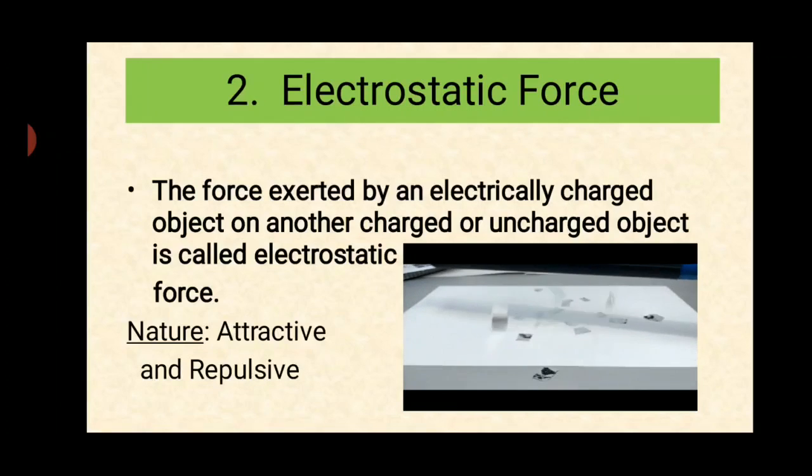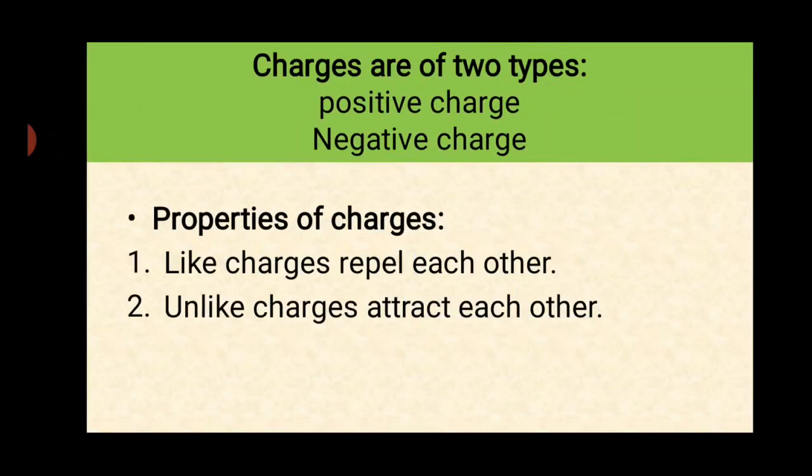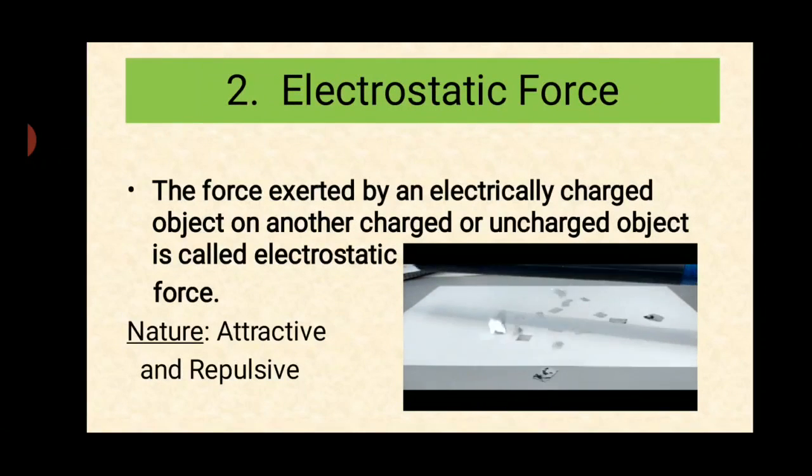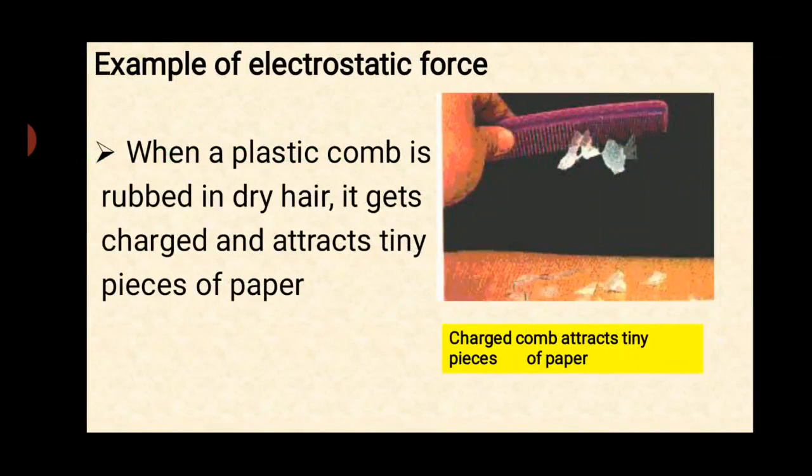When two bodies rub against each other, they get charged. Charges are of two types: positive charge and negative charge. The properties of charges are, like charges repel each other while unlike charges attract each other. Electrostatic force is the force exerted by an electrically charged object on another charged or uncharged object. For example, when we rub a plastic comb in our dry hairs, it gets charged and attracts tiny pieces of